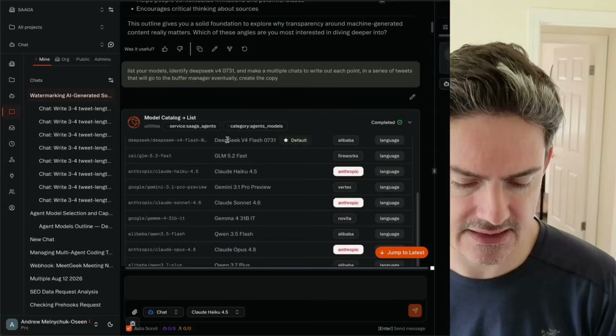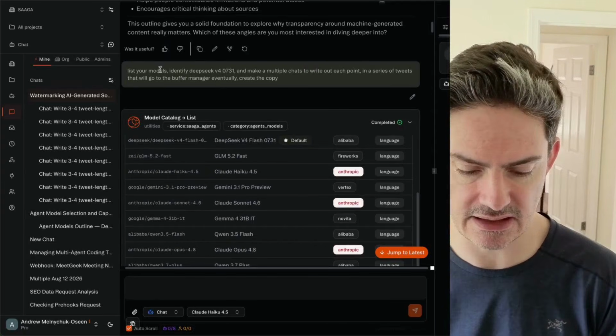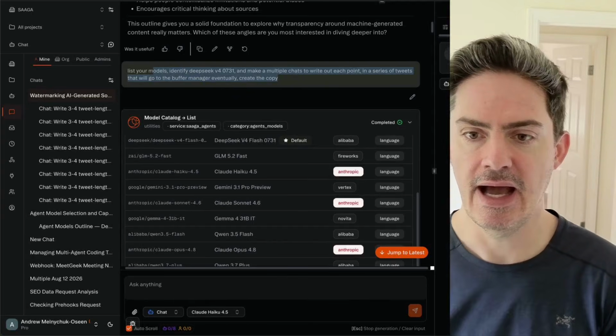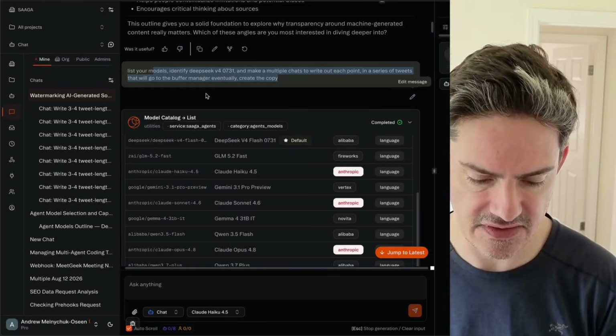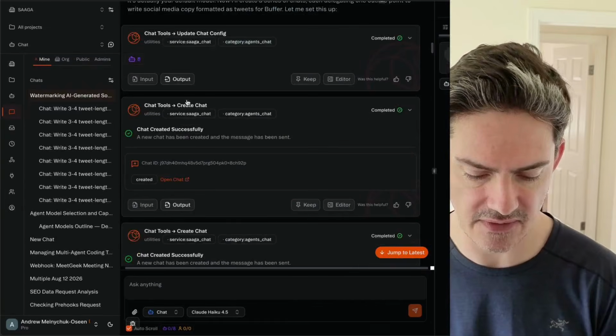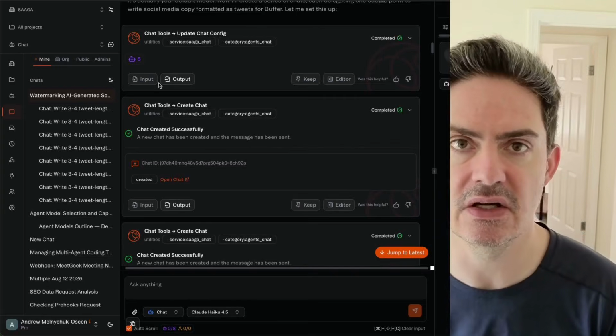And then the next thing this technology allows you to do is just switch the model. So I can just ask Claude right now, because it's plugged into this agent harness, to swap the model, right? So I'm going to tell it, hey, switch to DeepSeek Flash, and then kick off 8 chats, and it writes 3 to 4 tweets on every point.